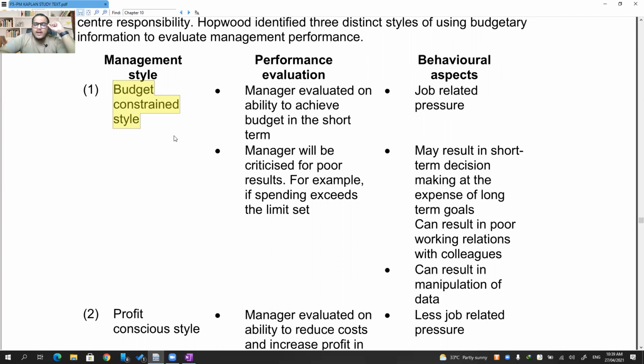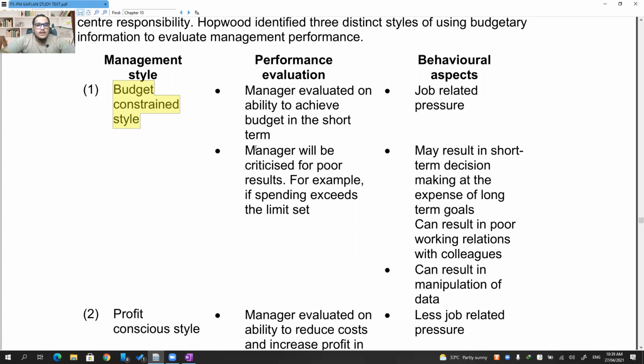I gave you a budget to sell $20,000 this month. How much did you sell? Sir, I sold $18,000. Okay, go ahead and sit, because you did only 90% of your target. You were underperforming by 10%. Now that guy is like, sir, but COVID, I don't know anything. I gave you a budget, you have to meet that budget. That's all. I don't care about the reasons. I don't care about anything else. Qualitative factors, I don't care. I'm only concerned about budget, whether you meet the budget or not.